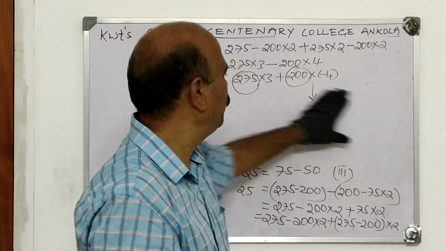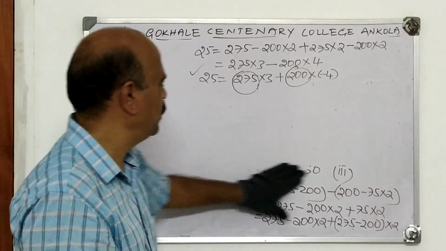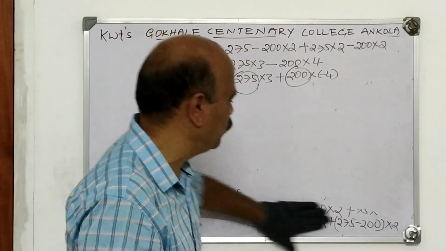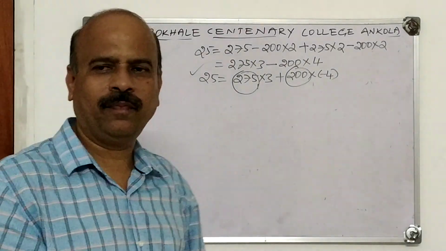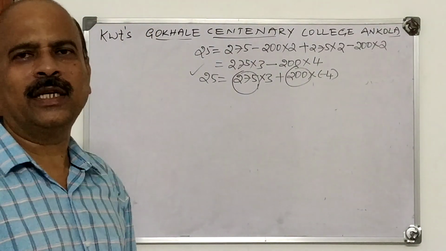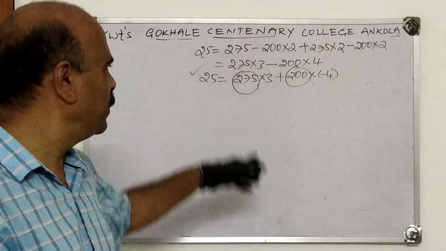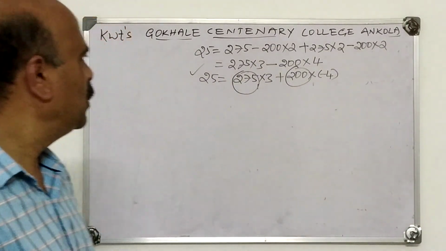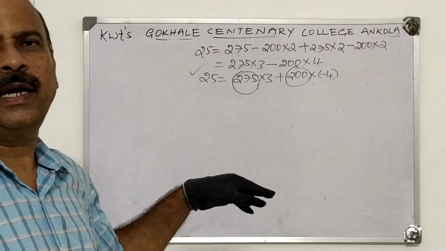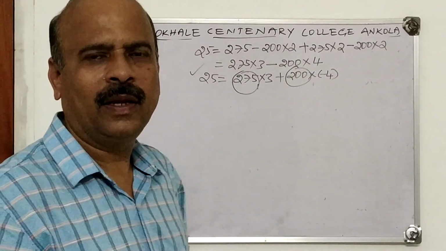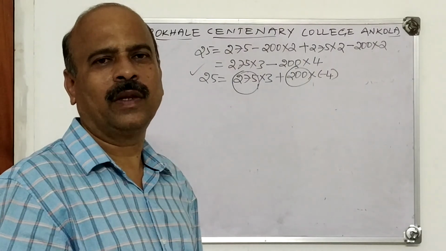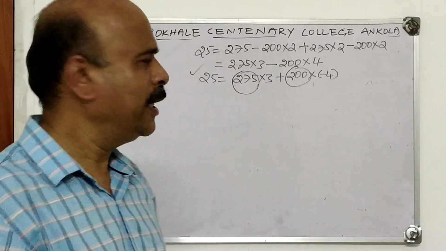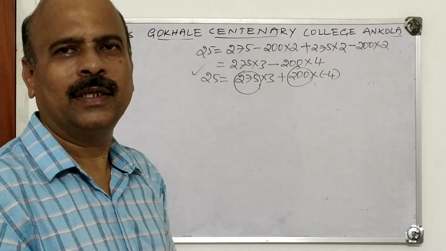That is important. This type of problems I will solve in the next video, some more examples, and I will also give some homework. You can easily understand. I hope all of you understood this GCD and how to find the GCD and how to express the GCD in terms of two given numbers. Let me continue in the next video. Yes, thank you.